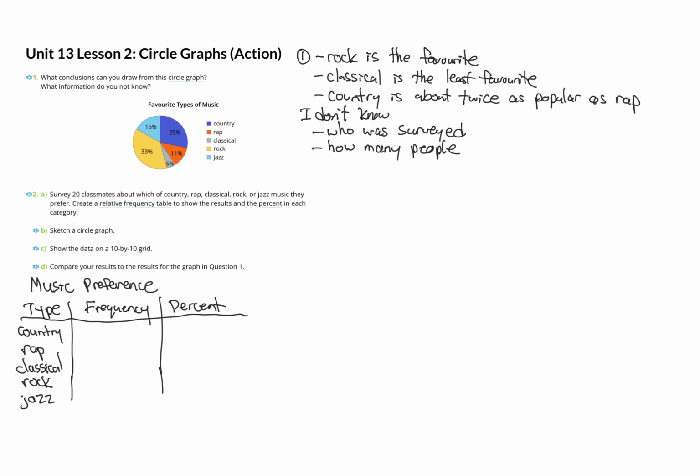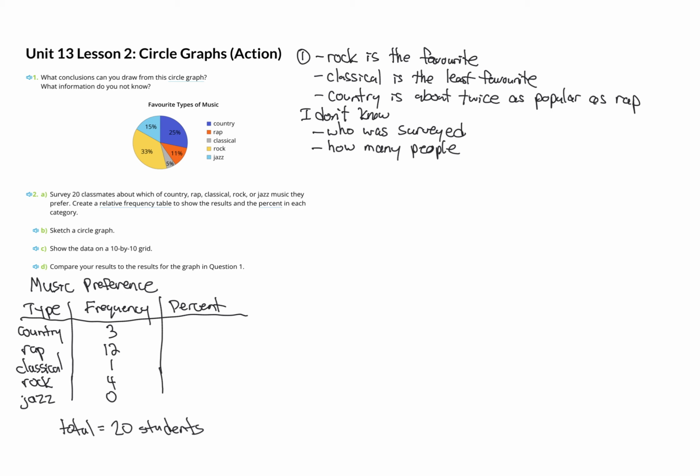Frequency is the number of people who responded saying that that was their favorite type of music. So we're going to say there were 3 country, 12 rap, 1 classical, 4 rock. Let's go with 0 jazz. That is a total of, I'm just going to put down here, total equals 20 students. So we polled 20 students, and those are the fictional, made-up results that we came up with.